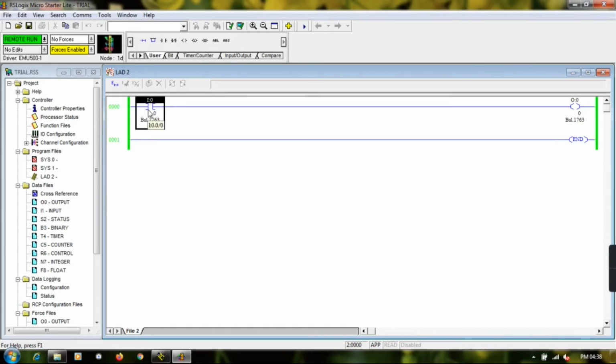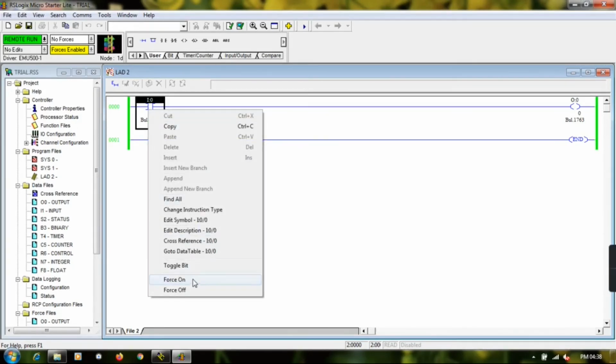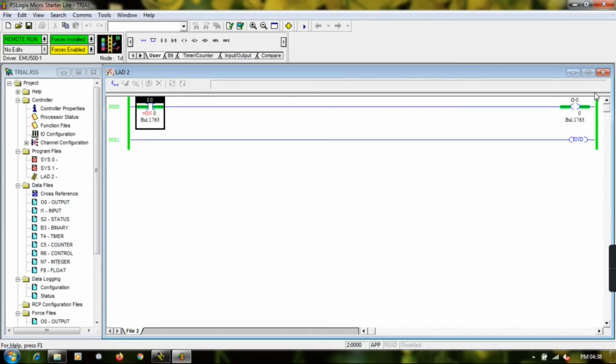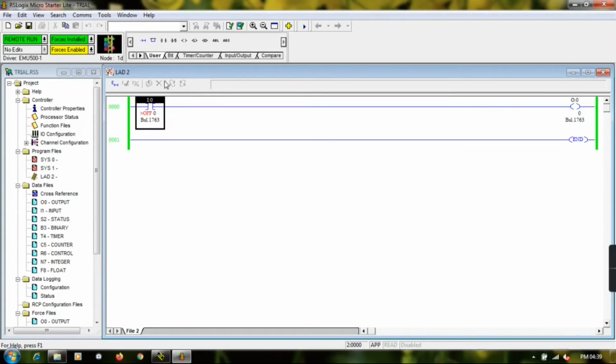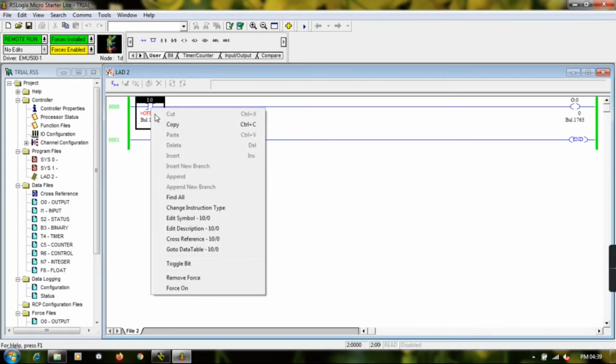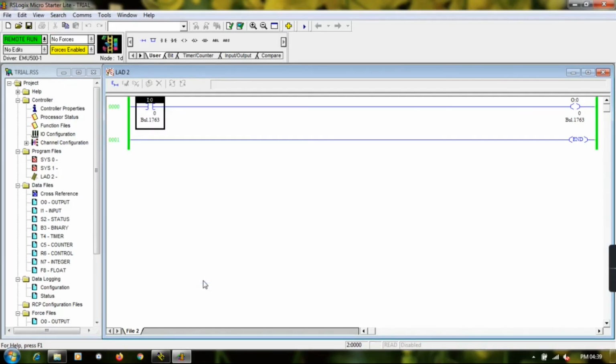If I want to turn on the switch, I will right click on this switch and press force on. Now you can see there is a green light around this lamp. That means the lamp, or the fan, or whatever output you have connected across the switch, is getting on when you press this switch. Now again, if you want to turn off the switch, right click and then force off. Once you turn off the switch, the lamp will go off, and when you press the switch, the lamp will come on. That's all about this very simple program. Now if you want to remove the force, right click on that switch again and press remove force.